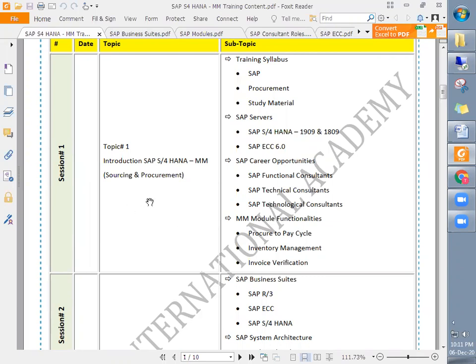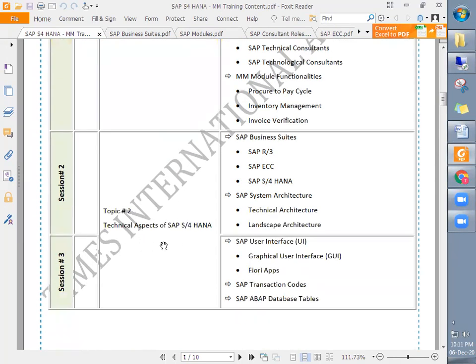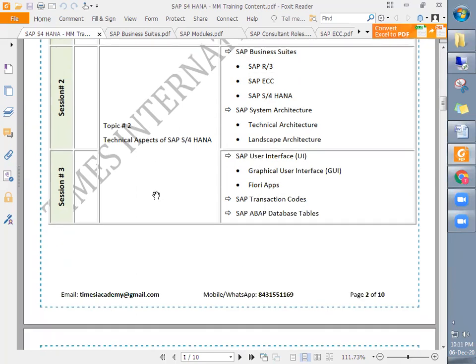First we will start with the introduction to SAP S4HANA MM. Then we will discuss the technical aspects of SAP S4HANA, including the different SAP business suites and SAP system architecture. Within the technical aspects, SAP user interfaces will also be covered in detail.